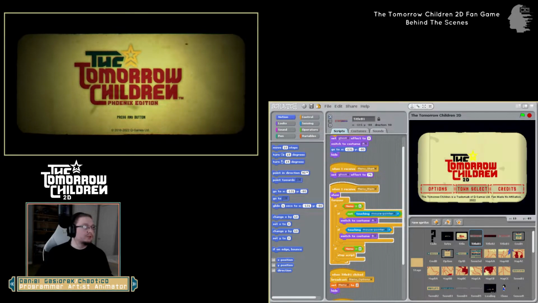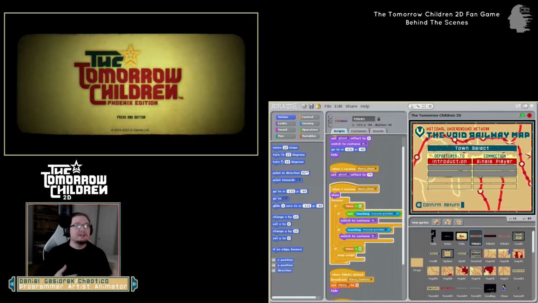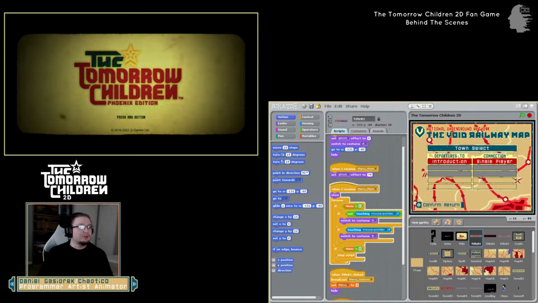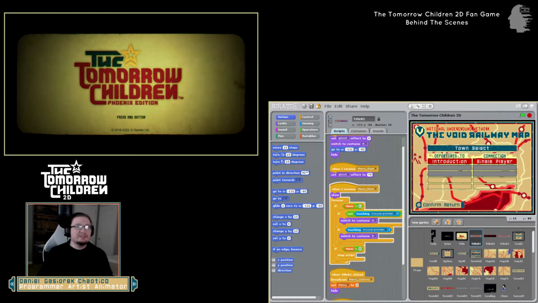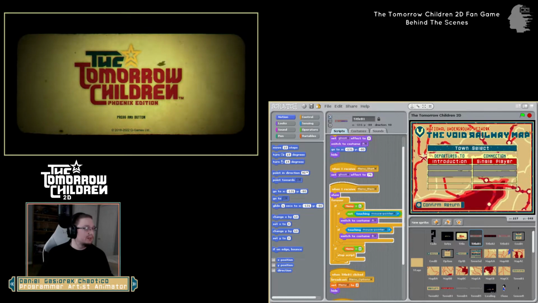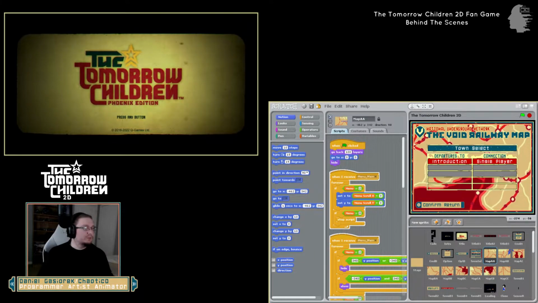So we're going to go ahead and click on town select here, and here you can see the menu scroll that I was talking about for the map. This is actually an old version of this menu. So you'll notice there's a little bit of jitter with the map itself, and this was resolved. I'm also going to talk about that. So when we go to the map here,